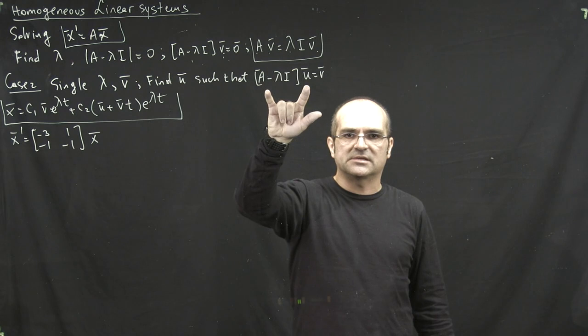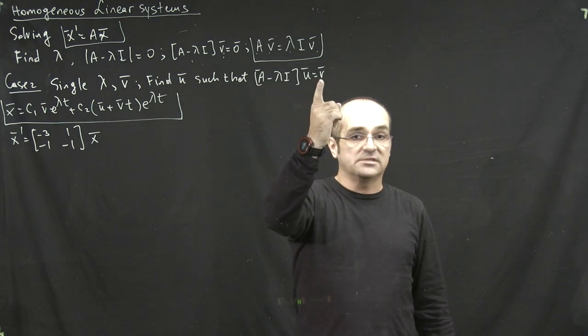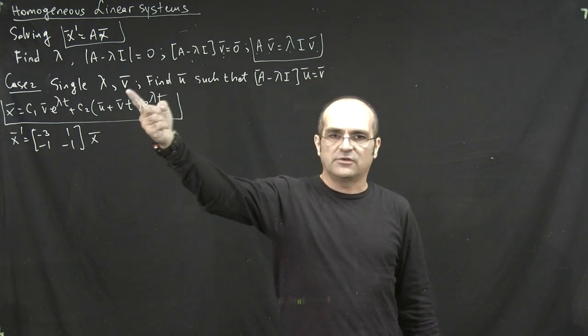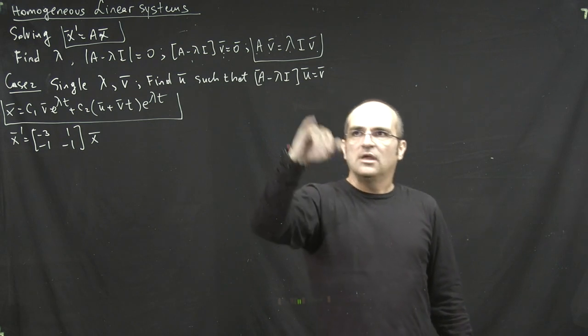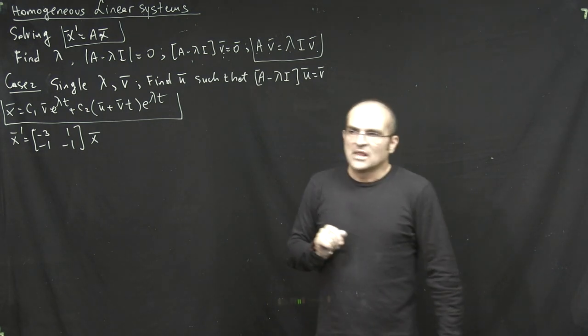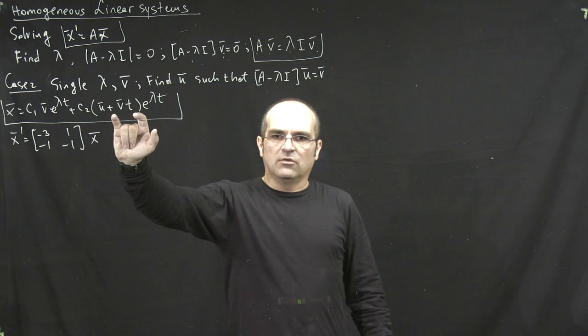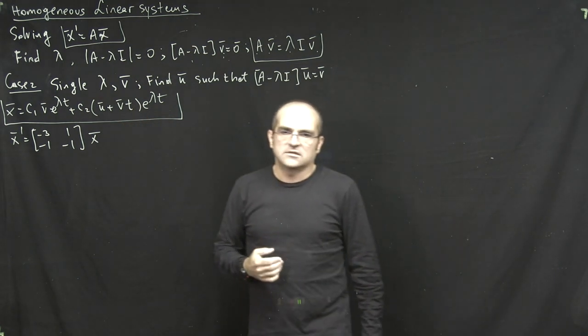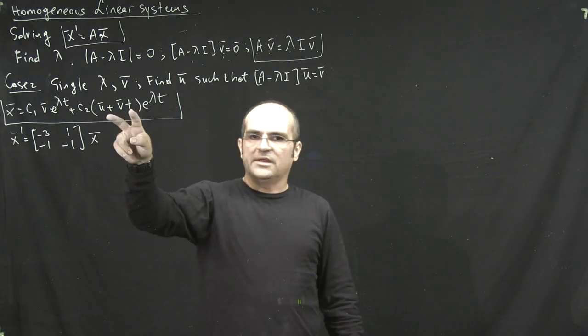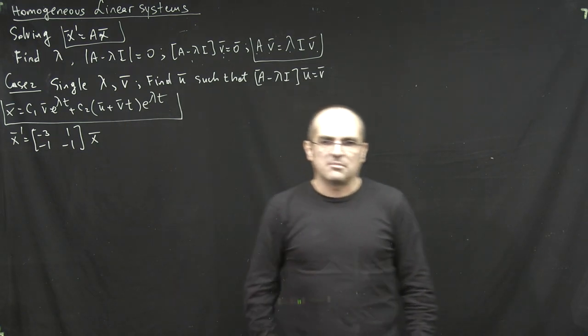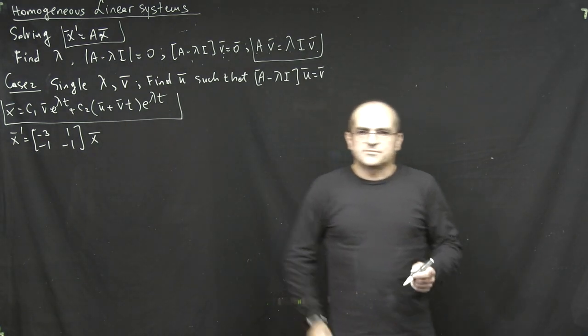You set up the same system, but the right-hand side is not 0, 0. It is V bar, the eigenvector you just found. And then you solve for another eigenvector. And then your solution, of course, will look like that. I mean, the second independent solution will be a linear term here times e to the lambda t. So let's proceed with the